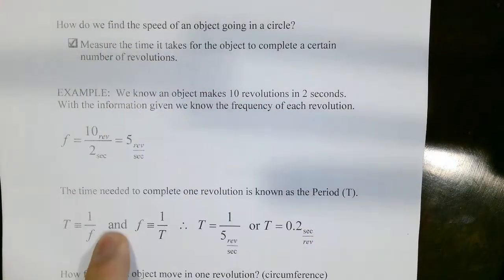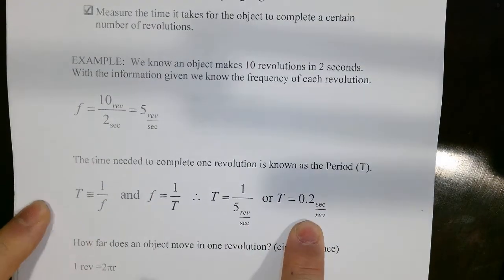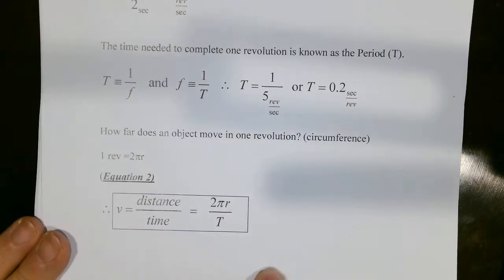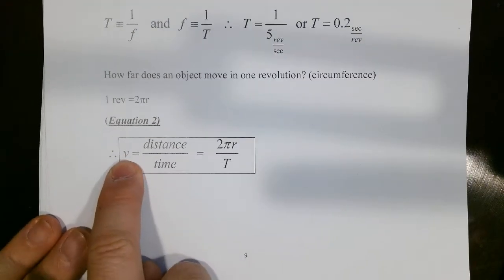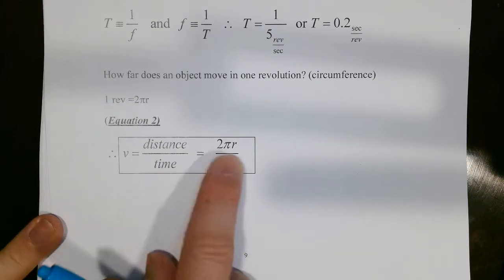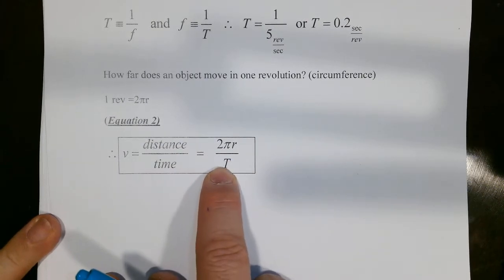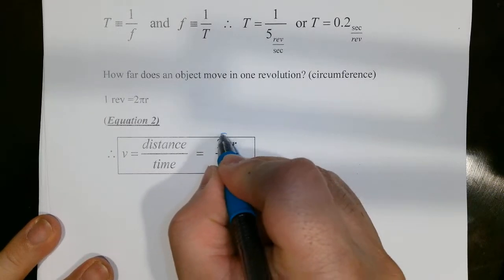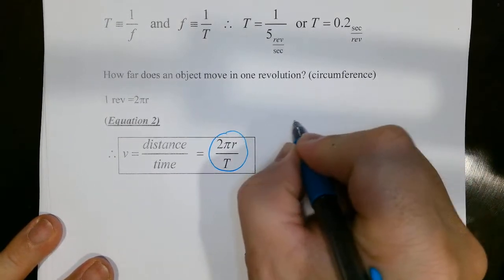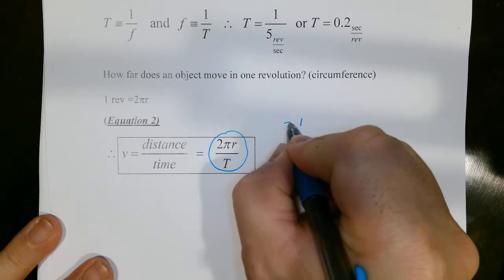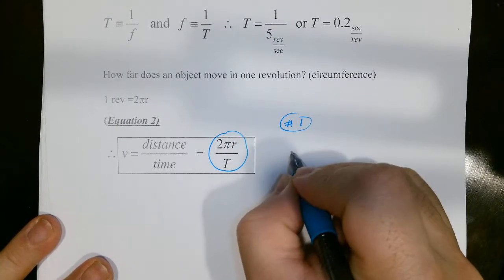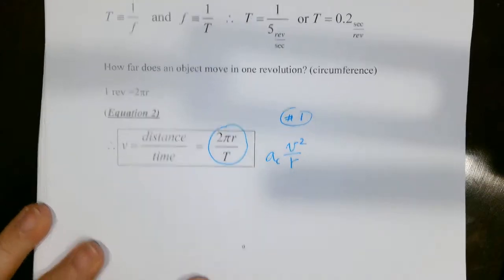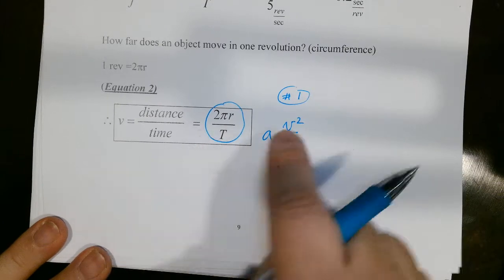So up to here, we already did this, so we already know what to do, right? So this page itself is just a repeat, because we know the speed is equal to distance divided by time, and 2 pi r over the period T is how we find the speed, right? But we're going to actually try to substitute this into the first equation, right? Equation 1, which is v squared over r is equal to a sub c. So if we substitute this into here,